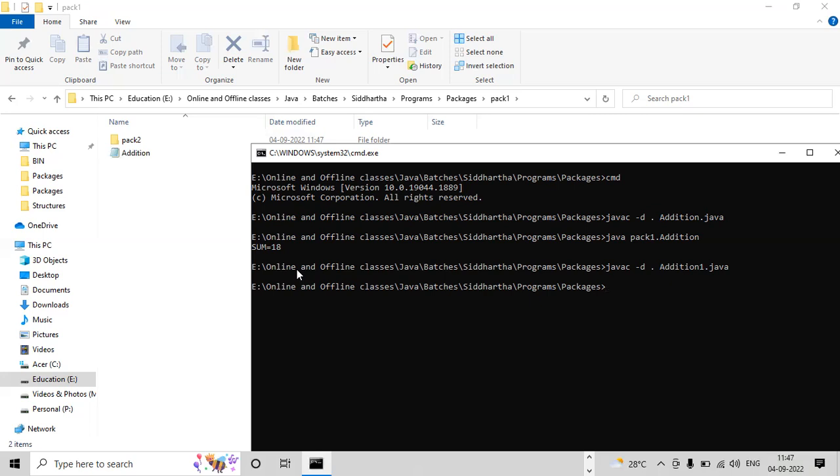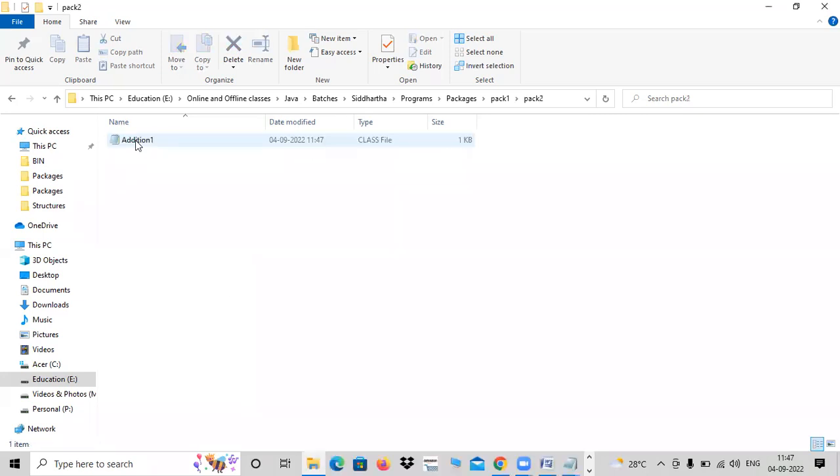So I have given that command to compile the application. See, immediately pack2 is created here. If I open pack2, what is there in that? Edition1 is there inside that.